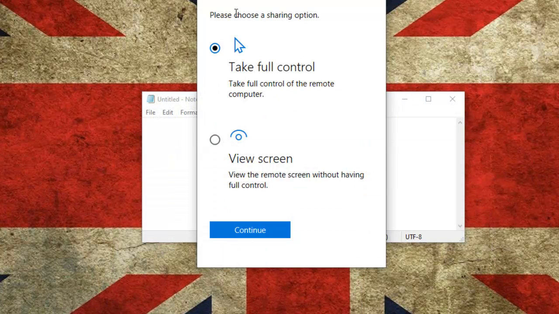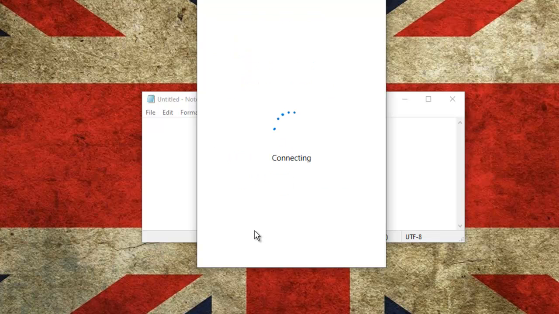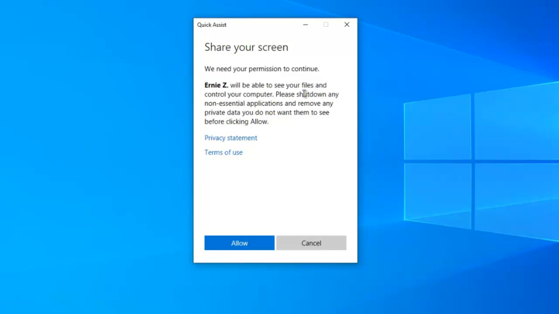And you see that the screen has changed while we were gone, and now we see this up here. You just want to make sure that Take Full Control is checked. Usually it is by default. I've never seen anything else but that. And I'll click on the Continue button. Now I think, again, this is a handshaking thing, a back and forth thing. So we want to take a look now back to the other computer, and you see that it has now sensed the change that we did, and now it's got a Share Your Screen window, and all I'm going to do is press the Allow button,